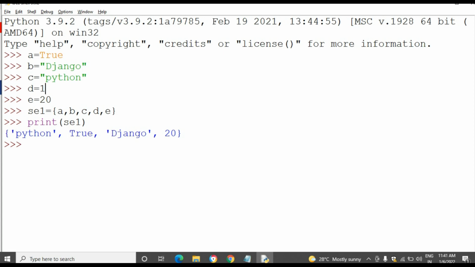So both values are considered the same. The set does not allow duplicate elements. So 1 and True are the same, so it does not allow both at a single time. They are repeated, that means duplicate values are not allowed inside the set, so the 1 doesn't come.